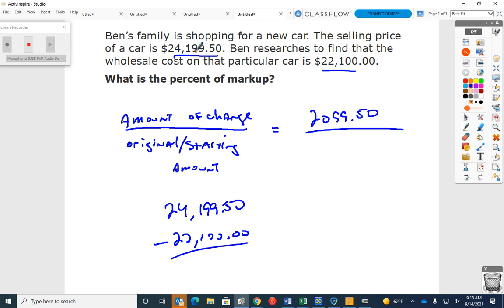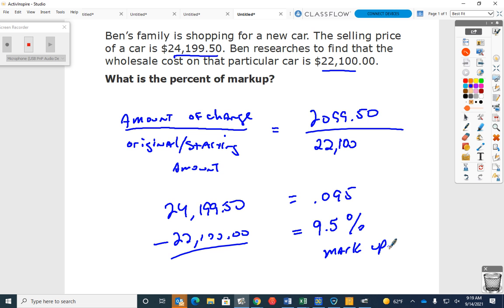But is that what I need? Okay, Ben, the wholesale cost, the original cost, was how much? Okay, because that's what I wanted, the starting amount, $22,100. And if you divide that, tell me what you get. I got 0.095, right? And I'm going to move this decimal where? 2 places to the right because I'm finding a percent, right? So if I move it 2 places, what is that? That is a 9.5 and then put what after it? Percent